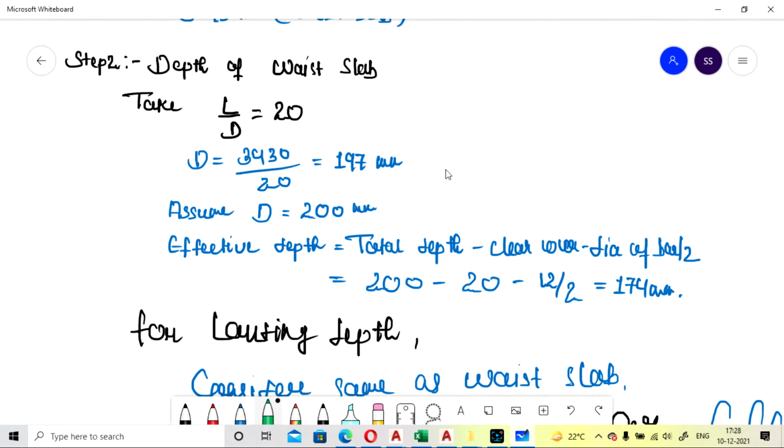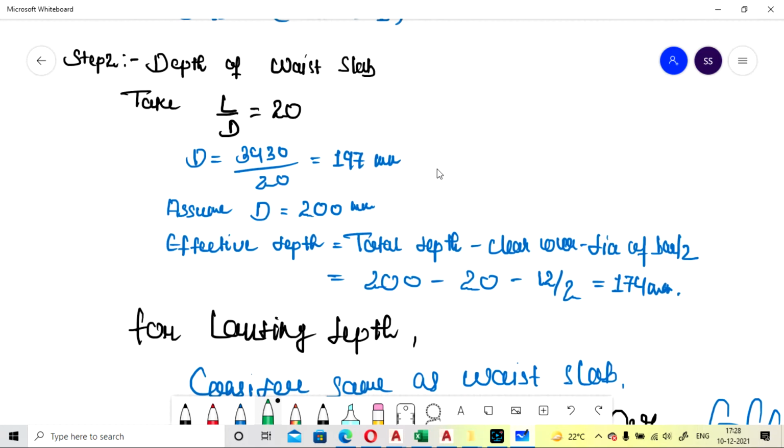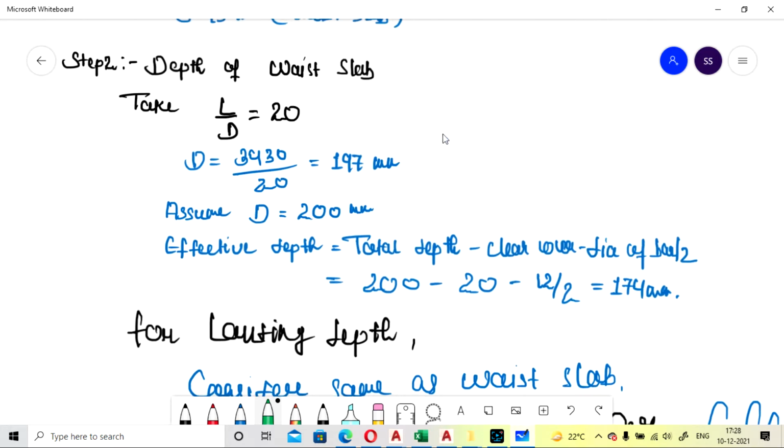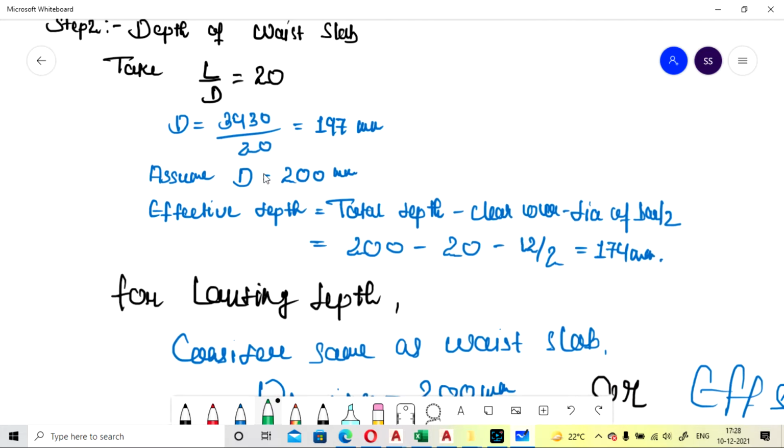Okay, so if you go with the effective depth value from here, you have to add the cover and the main bar size, that is half of that, to find the capital depth, but it is not required in this situation in the case of stair. So you can take this value as capital D, that is total depth. If it fails after designing, then we can increase the size. Okay, but for initial consideration you can take the capital D, not the small d, that is not the effective depth, only the total depth of the slab.